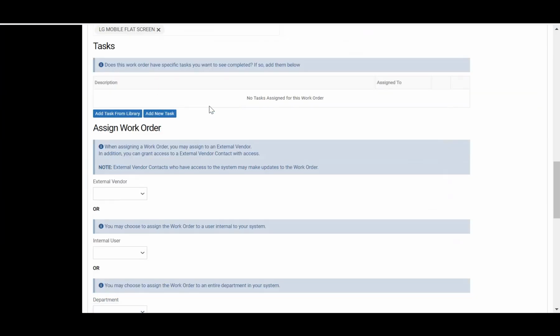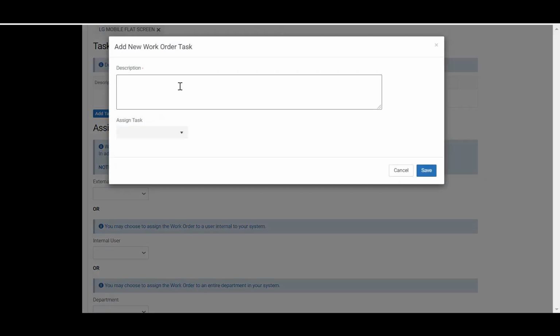Once you hit next, you'll be taken here to the tasking feature. This is just like the backside when you're working on a work order. To use the tasking feature in a preventative maintenance, you simply hit Add New Task, give it a description,